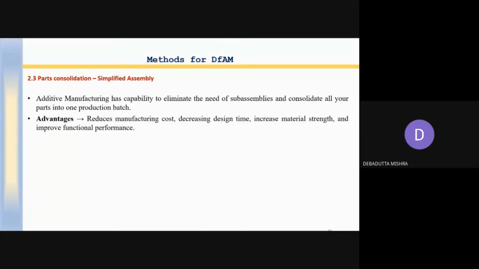This reduces manufacturing cost, reduces design time, reduces print time, increases the material strength, and also improves the performance. Part consolidation means several parts can be substituted by a single part.